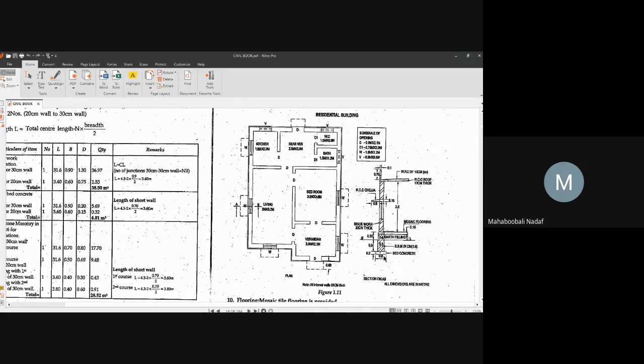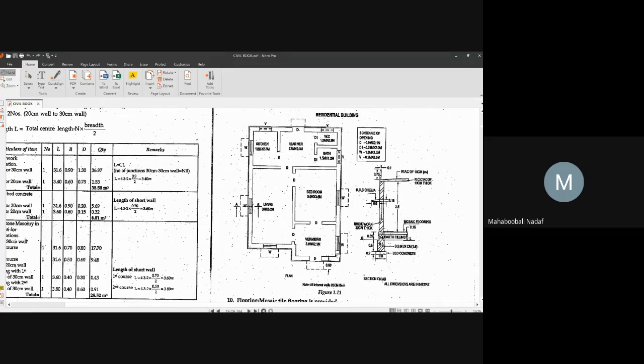Foundation excavation is there, PCC, sandstone masonry, earth filling, mosaic flooring. Brickwork is there, window is there, chajja is there, that chajja projection is there, again brickwork, floor is there, waterproofing is there, parapet wall is there, internal plastering, outer plastering, painting. Every element is there. Okay? Now, in this one, just try to see how to take long walls and how to take short walls.